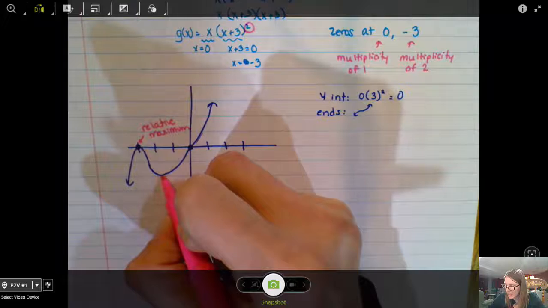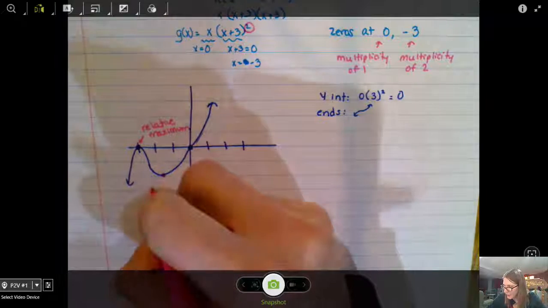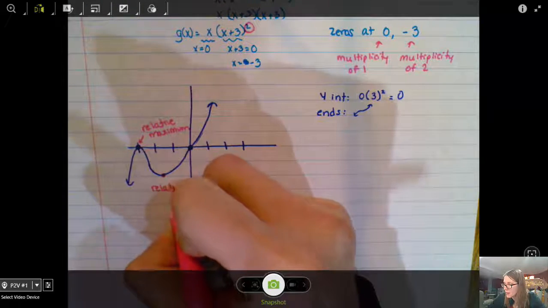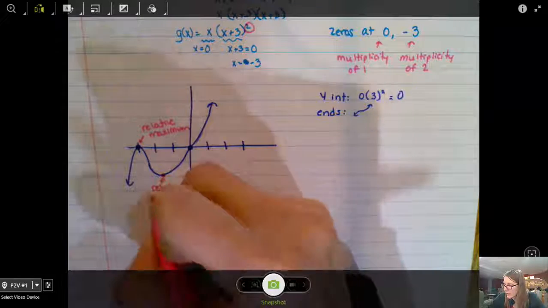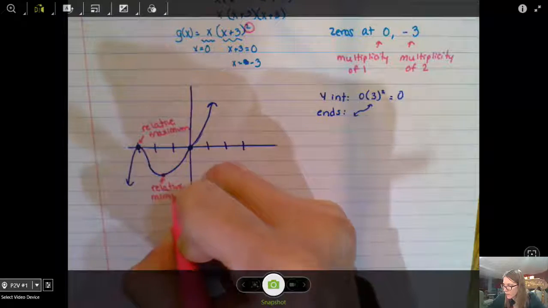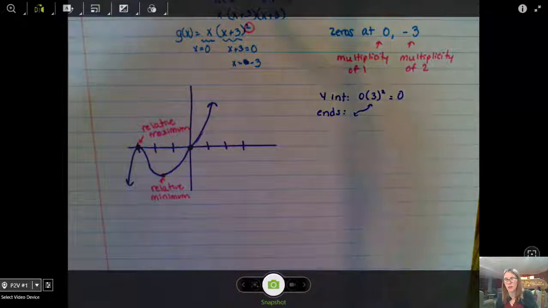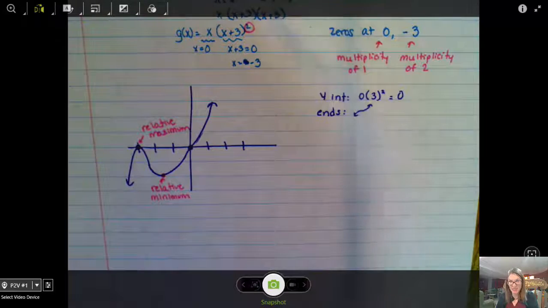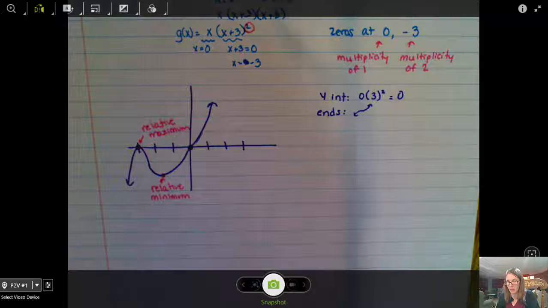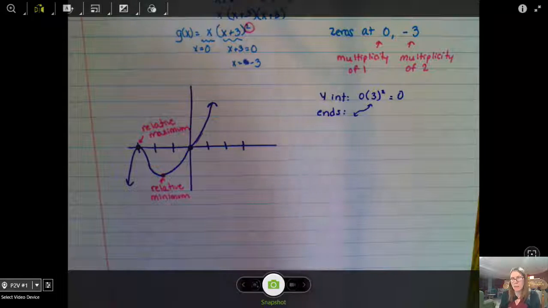And this point down here is a relative minimum. It's the lowest point in the neighborhood. And that's all I have as far as relative minimums and maximums go, okay? So to find those relative minima and maxima,